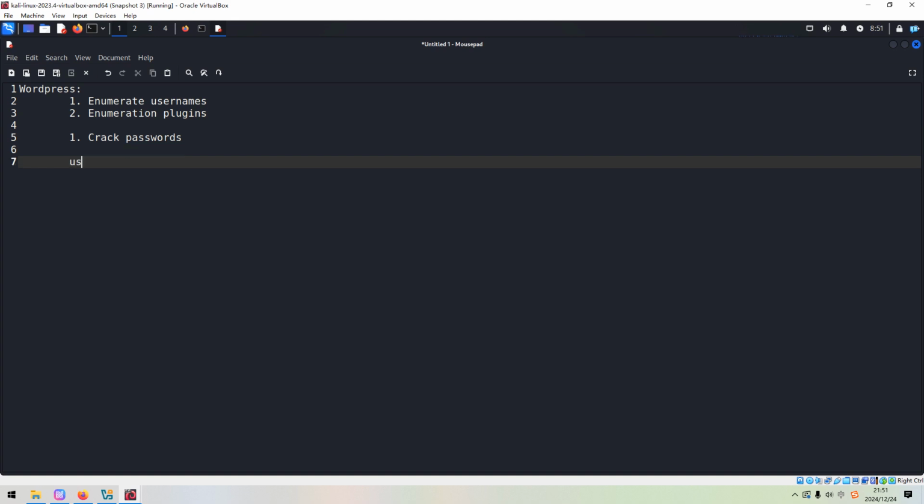If this user, whose password we have already got, is an administrator, WordPress has different types of roles, like administrator and normal user, and administrator has the most privilege. For example, we can install plugins and also manage other users.